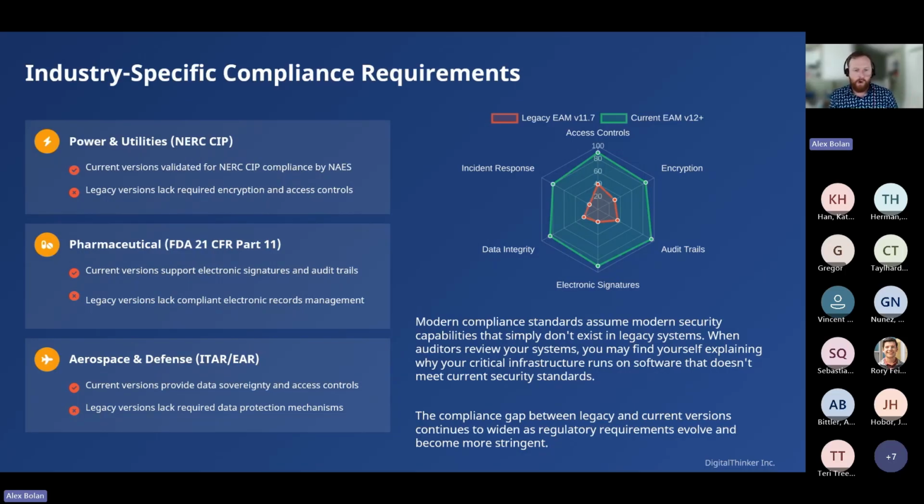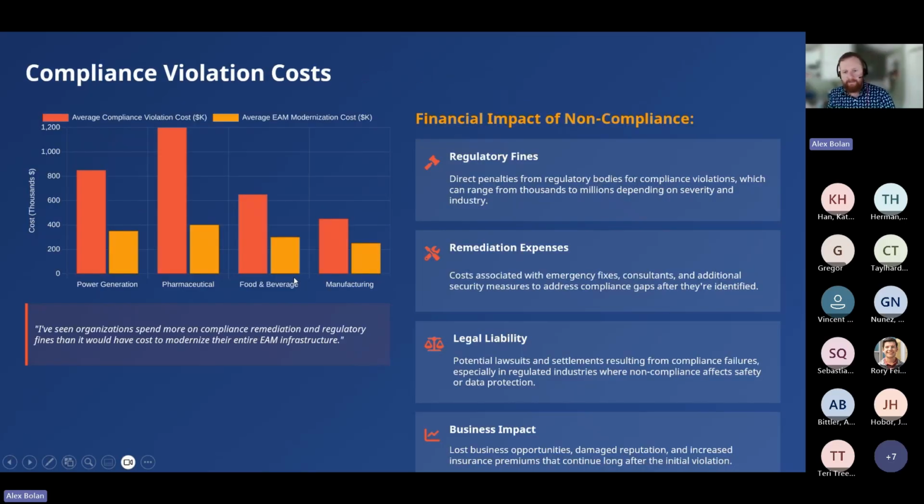Still running MP2, or some food and bev manufacturing companies that are on version 11.6, 11.3, some even on 11.1, they're getting audited today, and they're getting their backs put up against a wall to make significant investments to maintain their compliance with the federal government. So the financial implications of this are huge. Violations can be substantial. Regulatory fines, legal liability, reputational damage often exceed the cost of a system modernization.